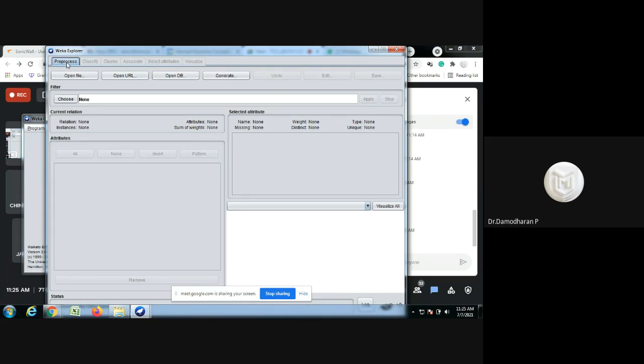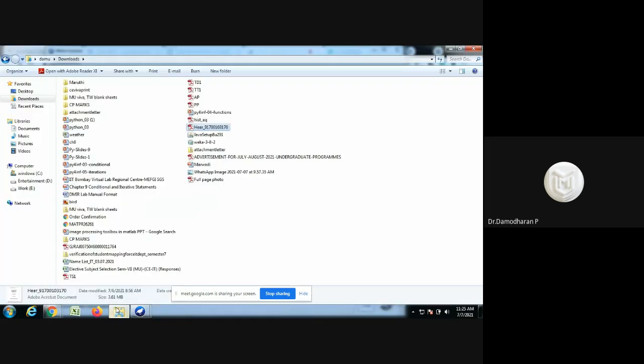Now I'm going to create one data set in an Excel file. After creating the data set, I'm loading the data set into the VCard tool. So I'm going to open one Excel file where we are going to create a data set.